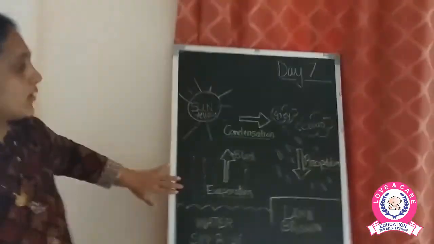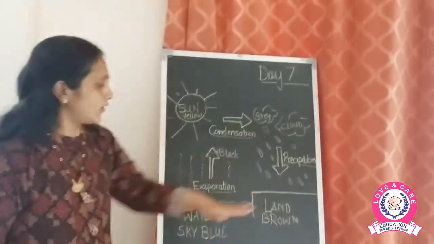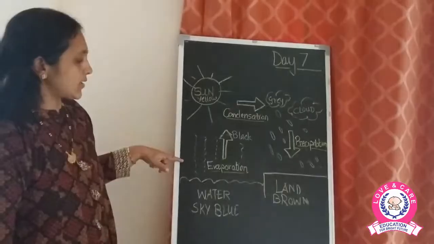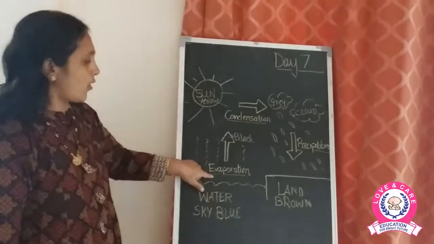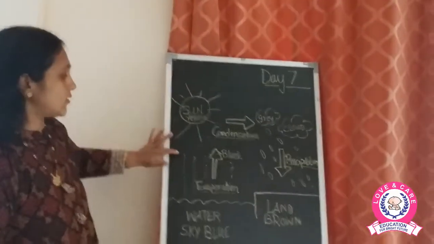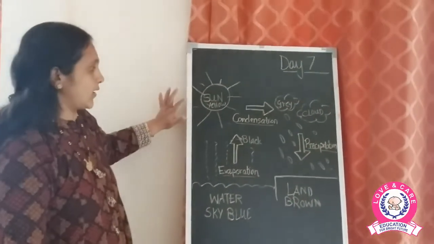Okay children, now here in the water cycle, they have given the 3 stages. तो ये 3 stages क्या है? That is evaporation. ये है evaporation. Evaporation का मतलब है जब water turn into steam. पानी जब steam बन जाएगा.